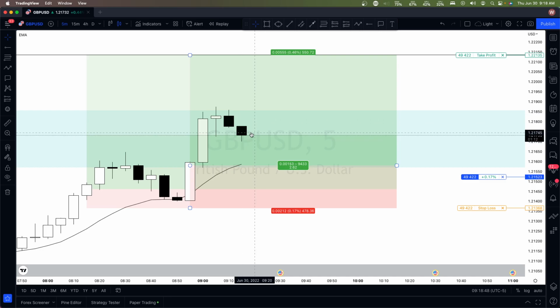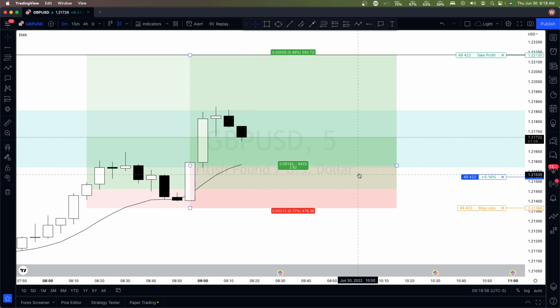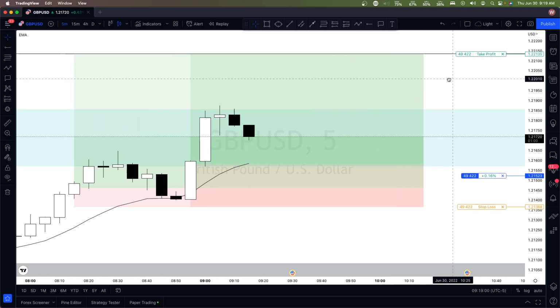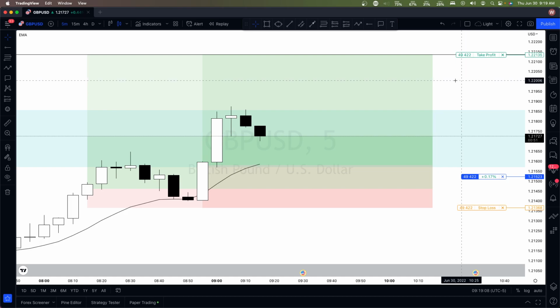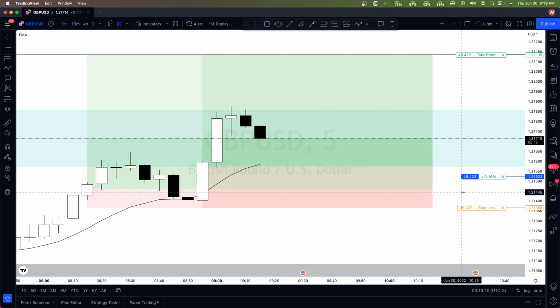So right now I'm going to hold. If we come back down and test the EMA, let's break even. I'm just gonna hold right now and see. So I'll be back in a minute. Oh, news is coming out in about 10 minutes. And it's light news as well. Let's see. It's very light news. So we'll just hold and we'll see.